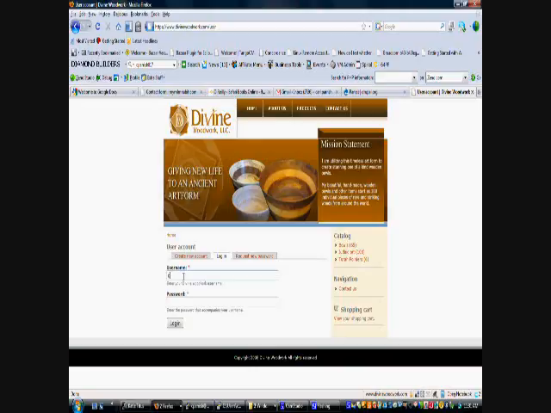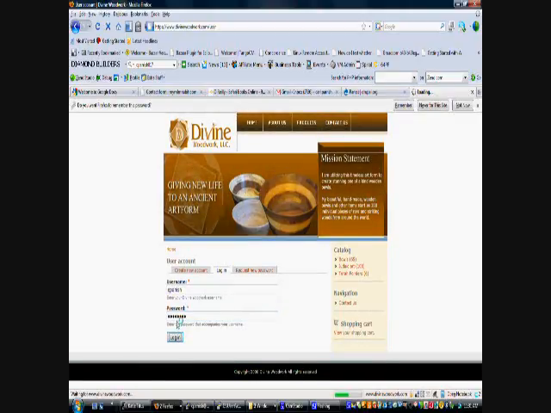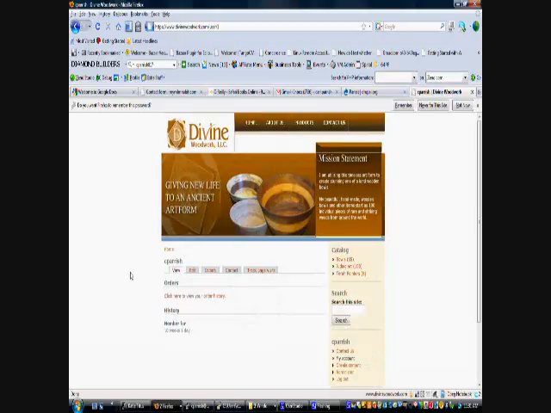Type in your login name and your password. If you do not remember your password, you can request a new password here and the system will email you your new password. Okay, so now that I'm logged in,